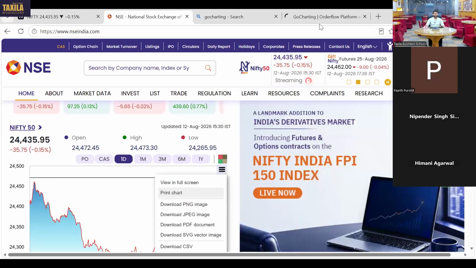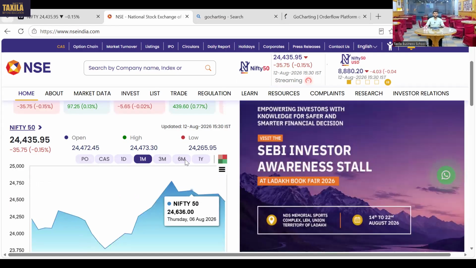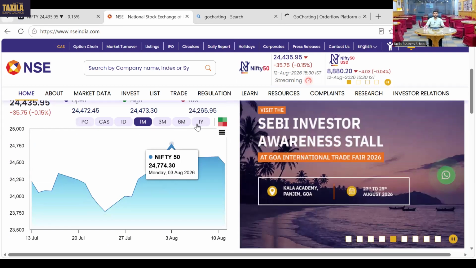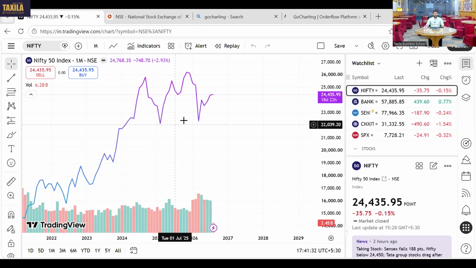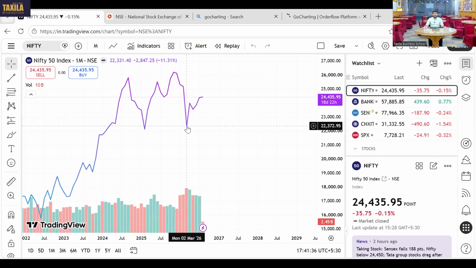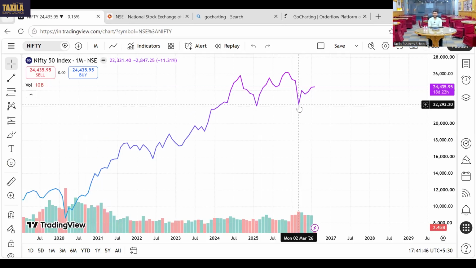Okay, so here is the chart of Nifty. Can you all see this chart? Okay. So can you see this chart on the right hand side in the black box? You need to observe one thing. Only focus on the price. Can you tell me, on the right side, there is the price of Nifty in the black box. Can you tell me what's the price?